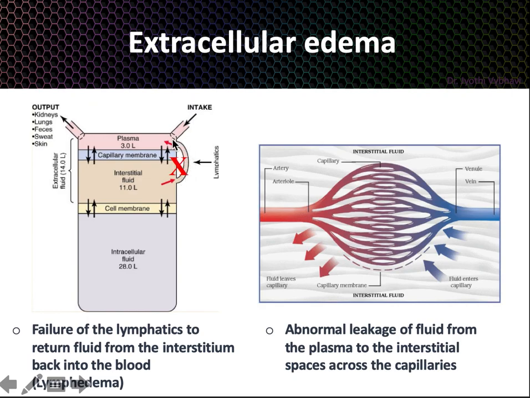Due to blockage of lymphatics, there is no return of extra fluid from the interstitium into the circulation. This is just a schematic diagram showing you the different compartments: interstitial fluid, plasma, capillary membrane, and the lymphatics, which take the interstitial fluid back to the circulation. If this is not working, or there is too much filtration, any one of these causes